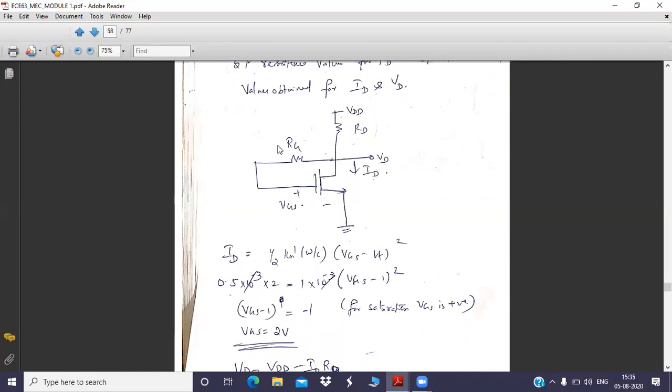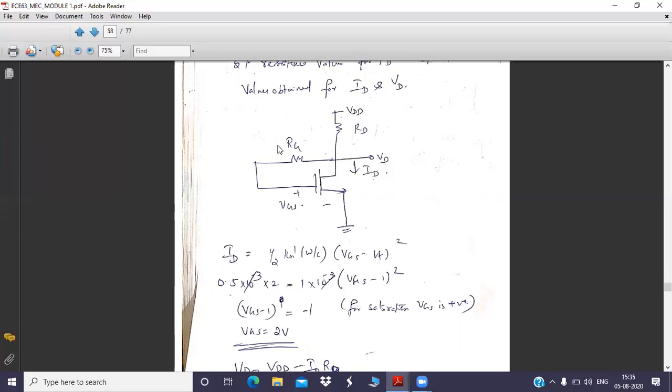The ideal property of this MOSFET is that it has a very high, infinite input resistance. Your gate terminal is associated with the oxide layer, which is an insulator. Yesterday, or the day before yesterday, we discussed the constructional features, where we talked about the use of an oxide layer beneath the gate terminal. That acts as an insulator and offers a high input resistance to this MOSFET. Because of that, your input current is very small and can be considered as zero. Ideally, IG is zero.